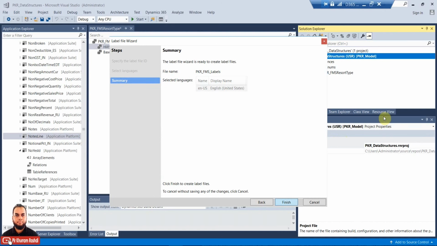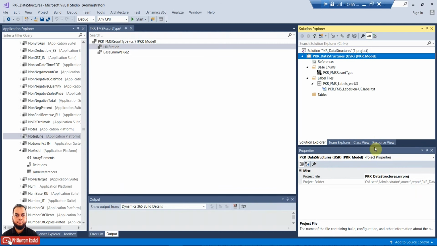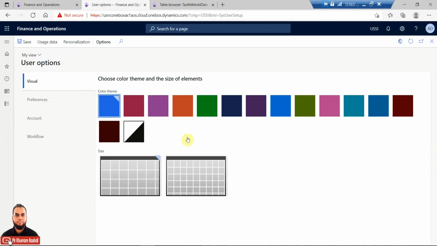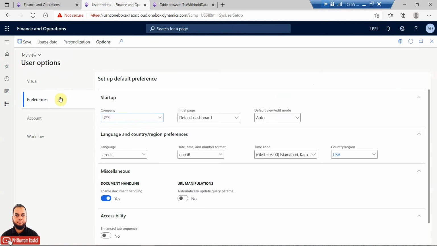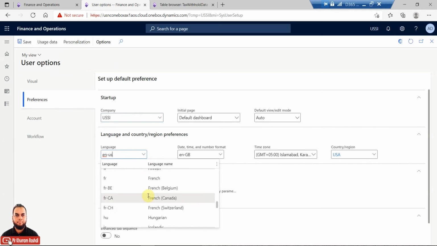Basically, for people who are new to D365, always remember D365 is a multi-language system. So it depends upon the user interface language based upon user preference. If I am an Arabic speaking person, I can select an Arabic interface by choosing it in the options. I will just show you. Because this is an introductory session as well, it is better to give you an idea. Once I go to the preferences in the user options, you can see the language is given here. Many languages are available.